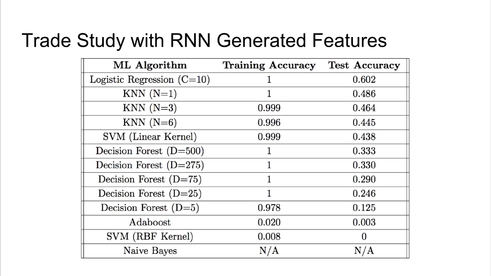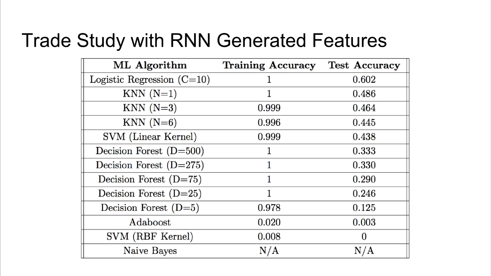A lot of the algorithms were able to get very good results on the training data, close to 100%, but on the test data, most of them are around the 30 and 40 percent range of accuracy. So we can see that they suffer from overfitting, making strong assumptions about the data that they were trained on, and not being able to adapt enough when they see the test data.